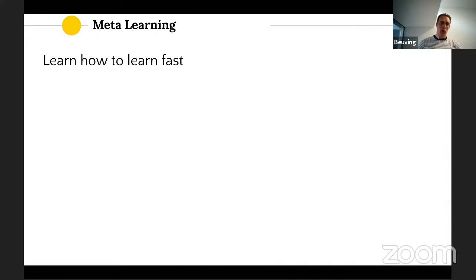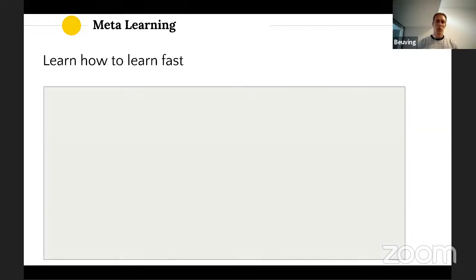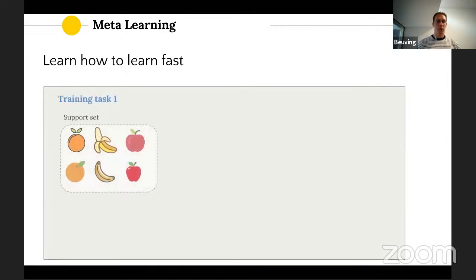So we want to apply that to computer vision as well. So the objective of the meta-learning goal is how to learn fast. So how do we learn? How to learn fast. An example of how this is tested and evaluated is to give it a training task,